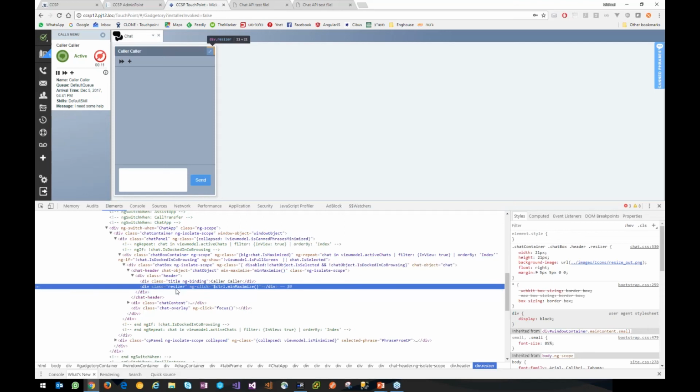In this case, I have this div, and it has a class of razor, and this is the definition of the razor. So if you'd like to do something programmatically to be different between types of agent, in the CSS customization you will need to create two classes, one for the agent, one for the supervisor, with the CSS definition that you want to set for each one of them. Then in a functional gadget, you will do a get element by ID or a get element by class, and look for the specific element that you want to change. And then with very simple JavaScript code, you just change the class attribute from razor to something else,